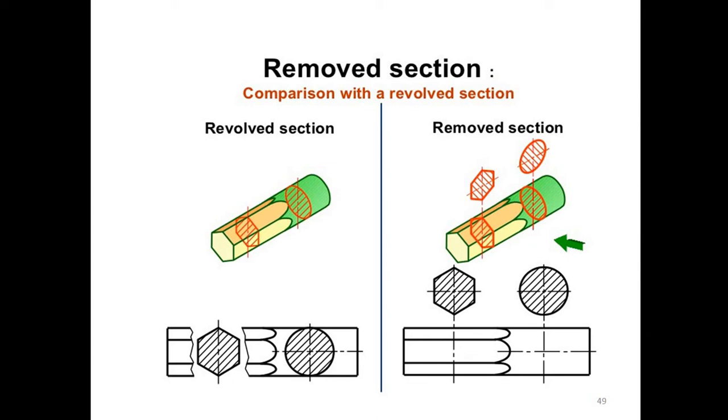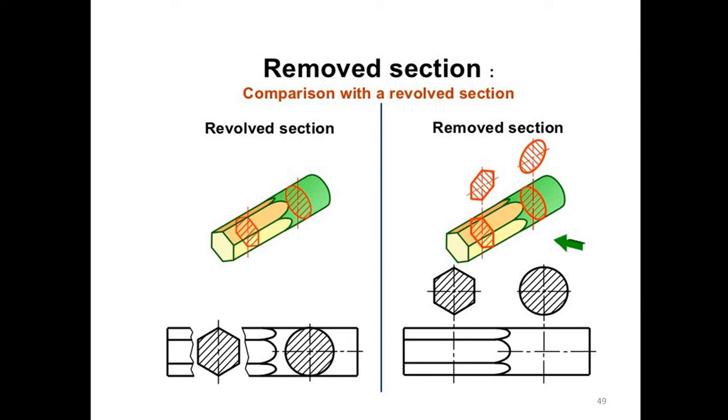The isometric view is shown in the figure. In the revolved section, the cutting plane is taken on the cylindrical diameter, and one section is taken on the hexagonal surface. The first one is a cutting plane taken on that cylindrical surface. When it is cut at that cylindrical surface, the cutting plane is tilted or rotated by 90 degrees and its geometry is drawn as shown in the orthographic view. From this it is clear that its cross section is a circle.